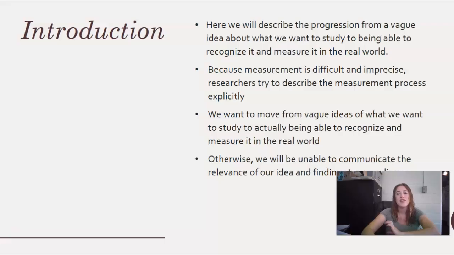Okay, so first, we want to talk about, what are we actually talking about with these things? Here we're going to really be taking this vague idea. You guys have already come up with your topic. You've already gotten it approved. You've done your literature review. And so you have a vague idea about what you want to study. I've made some people's research topics a little more specific than when you originally sent them, but they're still all very vague at this point. And here's where you're going to really specify what it is we're studying.